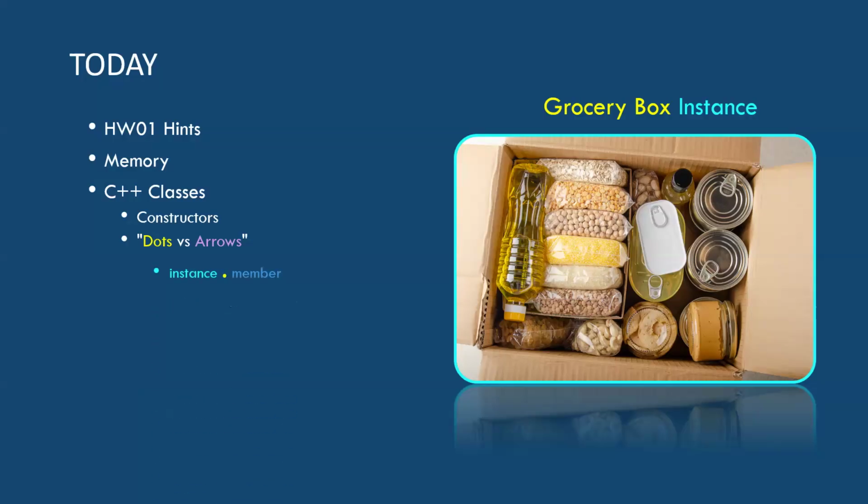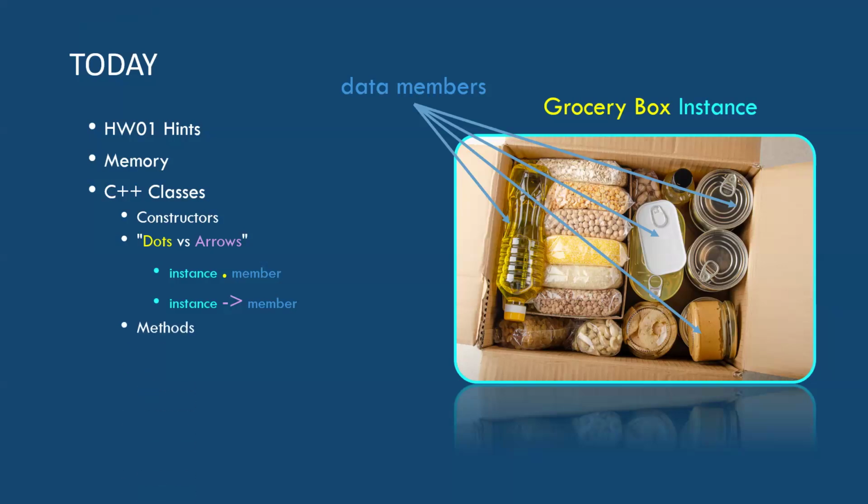If you remember, it's either going to be an instance dot member, or an instance pointer arrow to the instance member. So we'll review what that actually means. These are, of course, all members. Now that box exists in memory. Everything that exists in memory has a pointer, so we can get the address or the pointer of the entire box. But things inside of the box might be something else altogether. So we'll try to demystify that, right?